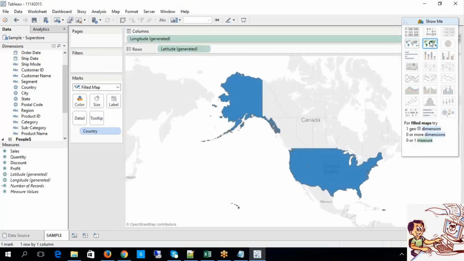When I select a map, it is referring to the nodes: one geo dimension is compulsory and zero or more dimensions, zero or one measure. So what is the mandatory element here? The geographic dimension is mandatory. That is what we have to think. See how many nodes it is giving, okay, user friendliness you can observe.